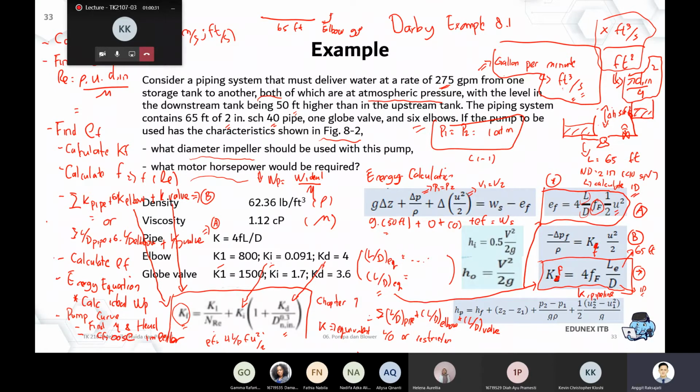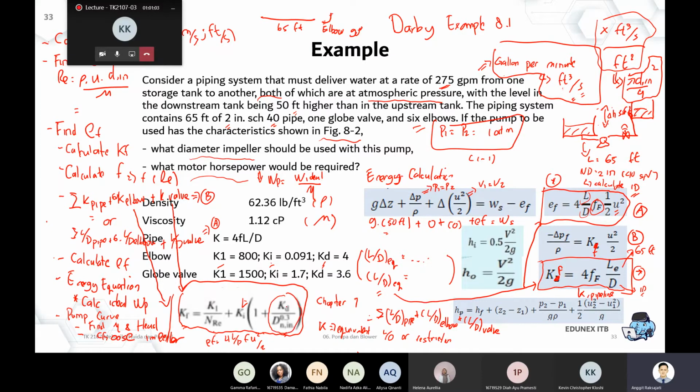That's what K means, to convert all types of fitting to the equivalent of the pipeline. But the thing about the formula in Darby, okay, so now why is Darby using this 3K instead of 1K or 2K that is reported by a lot of other references? So the important part is actually the correction part over here.